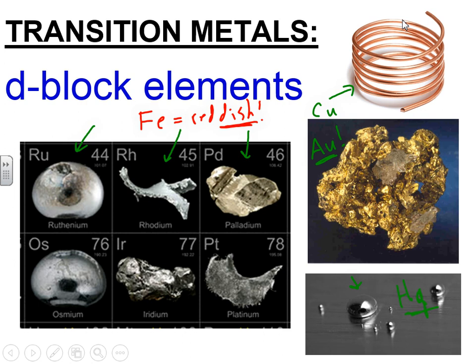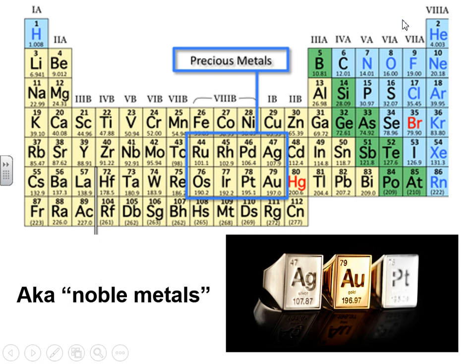Now, there is a group of these d block elements called precious metals, and they're also called noble metals, and this is because they are very unreactive, kind of like the noble gases. The noble gases are unreactive gases, and these are unreactive metals. They include the famous element gold. Now, the reason why these are noble is they're stable. The reason why they're precious is because they're rare. If gold was very common on the earth, then we wouldn't make it into a very precious metal. But it's interesting that they're also very stable.